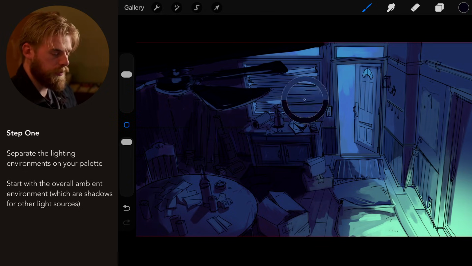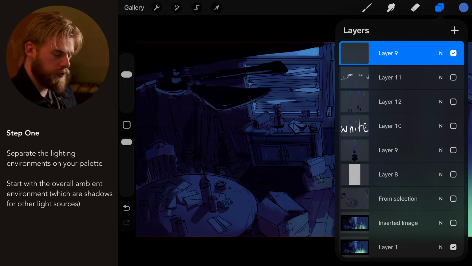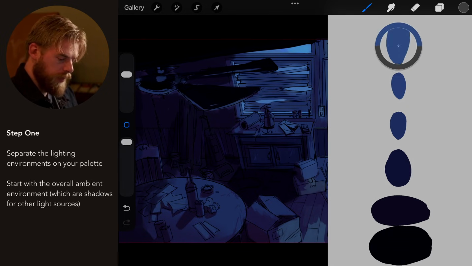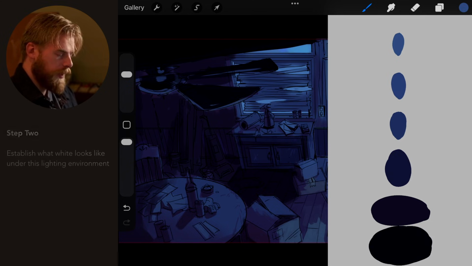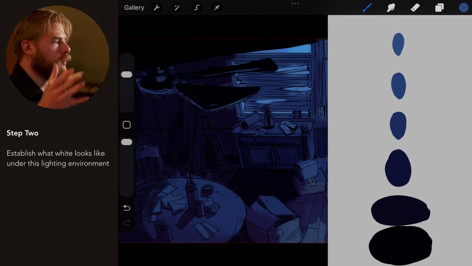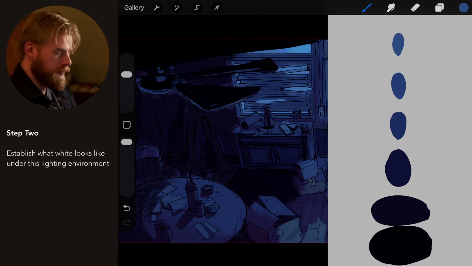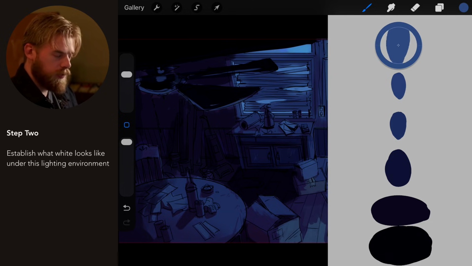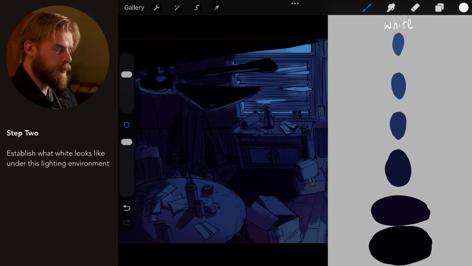By only looking at the environment in here, we can imagine a blue value scale, basic ambient lighting for the environment, and we're going to establish what white is in this scene. So I've kind of looked around and I see these white envelopes and these match with this color. So we're going to say that this is actually white. We're going to try to let our eyes adjust to the idea that this is going to be white inside of this space,